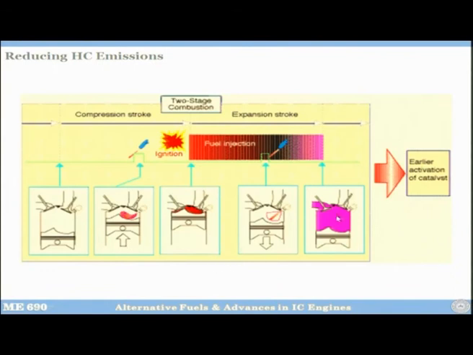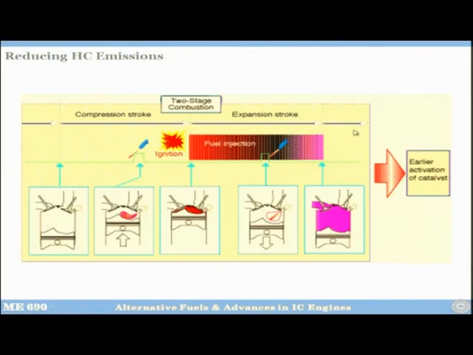So, this shows what a two-stage combustion is. So, in two-stage combustion, basically you see this is the compression stroke. So, you are doing injection at the end of the compression stroke here, and you are igniting it. So, now the mixture is burning here, and you have just started the engine. Okay. So, once you have just started the engine, then what will happen? The temperature of the exhaust will be very cool. So, now the expansion stroke starts, and almost at the end of the expansion stroke, you inject another pulse. So, the fuel will burn, and this is going to raise the temperature of the exhaust, and then during the exhaust this hot gas goes out.